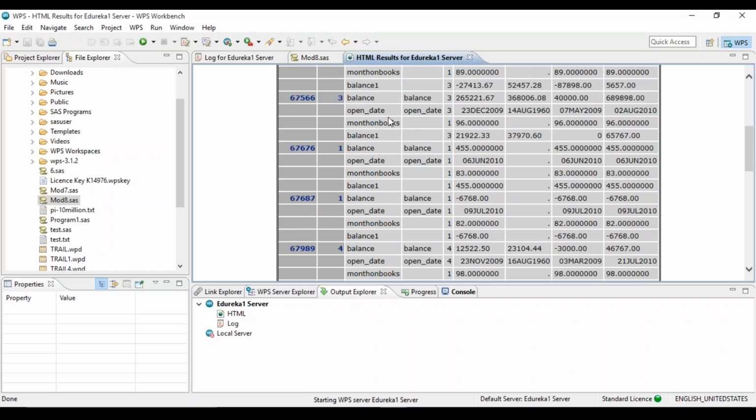For balance, we had 3 observations. Open date, again, there were 3 observations. The person could have opened a current account, savings account, and an FD. Month on books, they were open on the single date. And the balance, again, as mentioned above, we had balance positive, negative, or we may have a current,